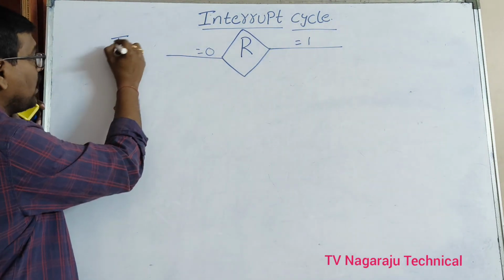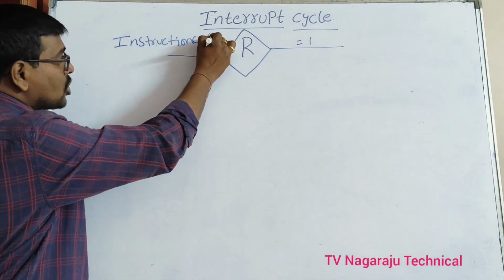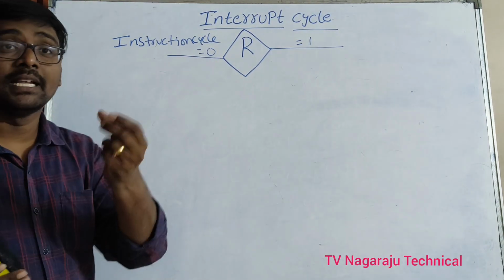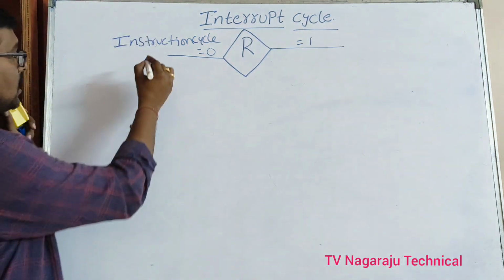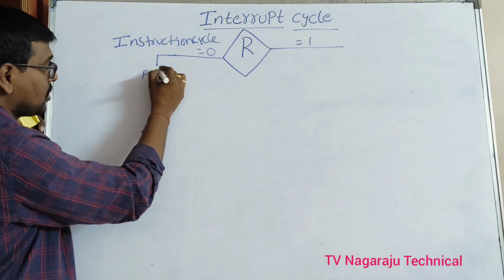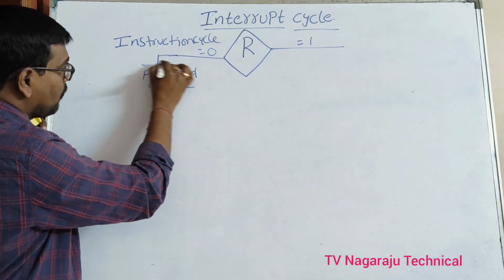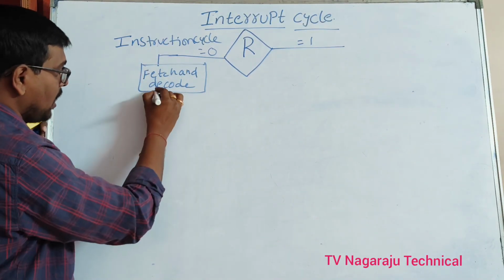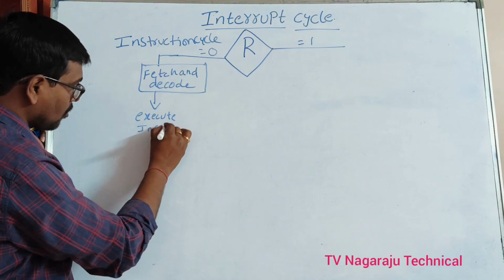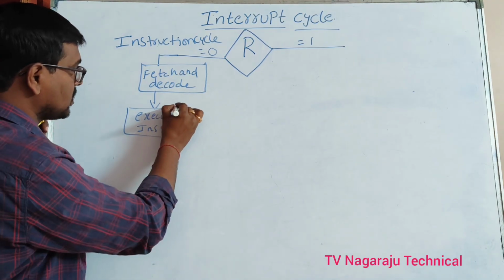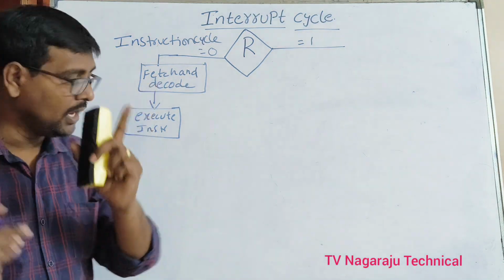If there is no interrupt, what happens? Simply the instruction cycle is executed. What is meant by instruction cycle? A regular sequence of instructions. Fetch and decode the instruction, and then execute the instruction. During execution of an instruction,